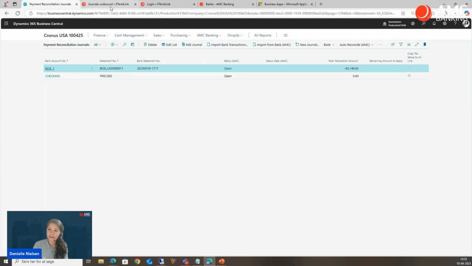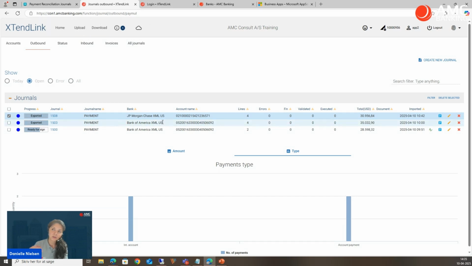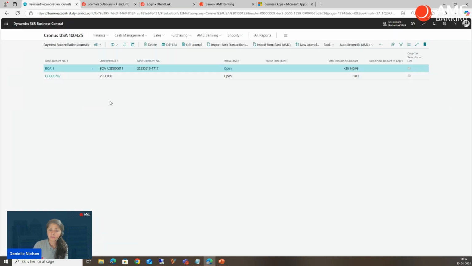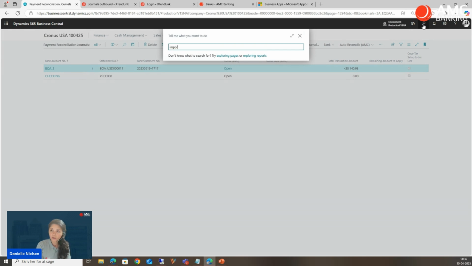This system here, Extend-Link, that we talked about before, is the system that connects to the bank. The system is also frequently communicating with the bank and verifying if you have new files from the bank. When the bank provides the bank statement that will show all the transactions in your bank account, you can set up a batch in Business Central, saying, hey, please get the files from Extend-Link that are coming from the bank. To get this as a batch, you can go here to a function called import,